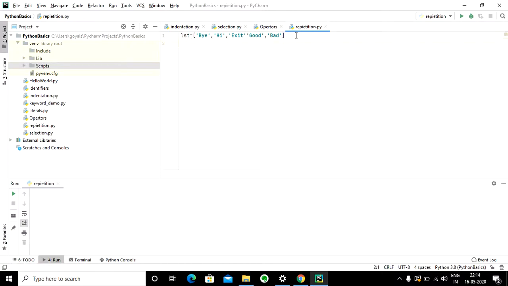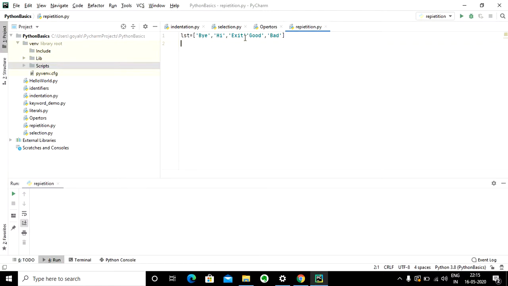In that case, I want to print the elements of the list till it finds exit. As soon as it finds exit, we want the loop to get terminated and the program to end; we don't want to print any further values.